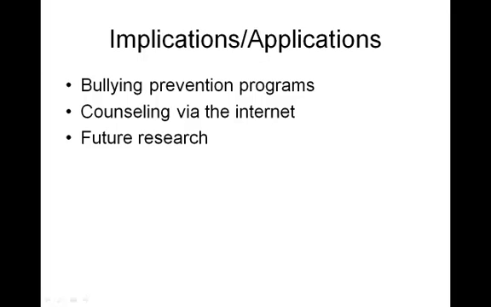Okay, and then after you've addressed the limitations of the study, you're going to go ahead and address the potential implications or applications. So some examples here for this study. I might talk about how if I found that in fact peer rejection via social media, on Facebook or whatever, unfriending somebody, has a bigger negative impact on self-esteem, then that might be important to know in terms of designing bullying prevention programs, especially related to online bullying and ways to